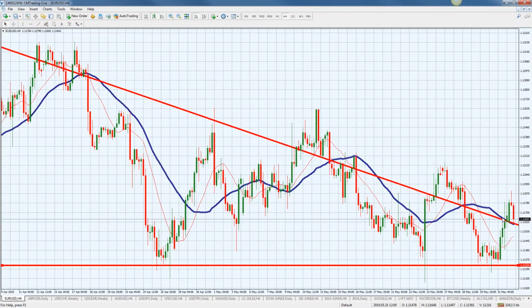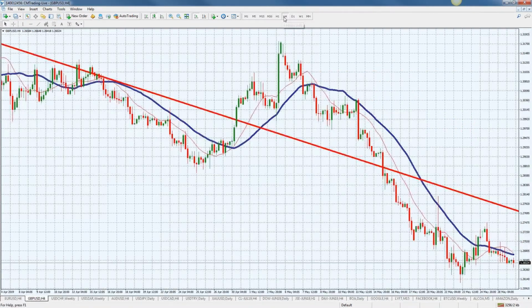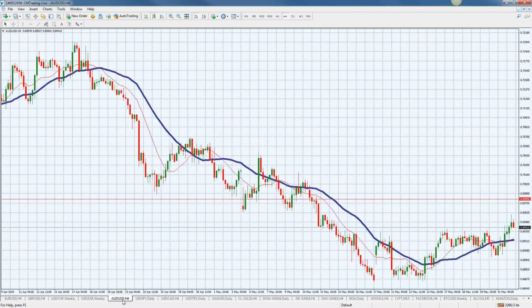But I would use this downwards trend line as possibly a support line, as this does look like it's bottoming out at this 1.1122-ish level. And as the Dow Jones tanks, GBP USD, same story, bounces off of this level. Let's look at a 4-hour chart just to give us a perspective of it. It's still questionable with regards to Brexit, so I'd like to stay away from GBP USD as it's gotten much weaker versus the dollar. But looking at the Aussie US dollar, let's just jump right into it, 69.41,